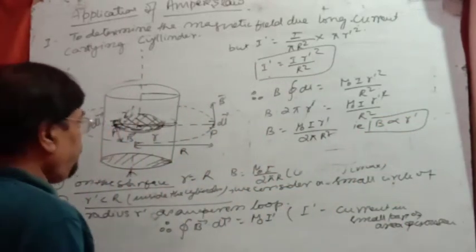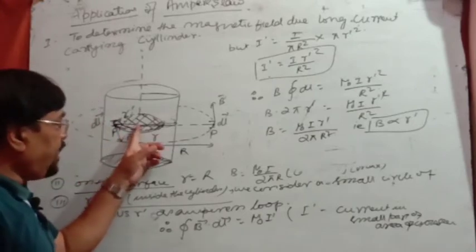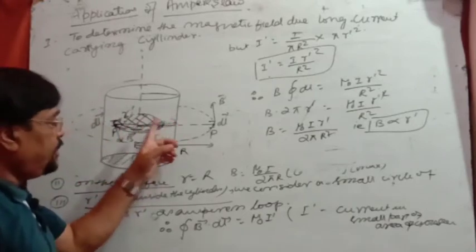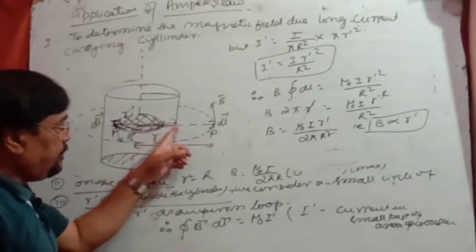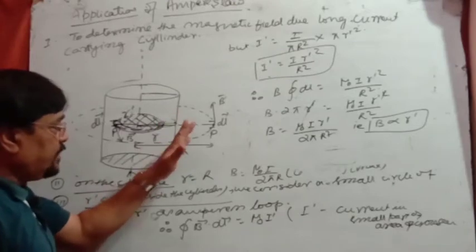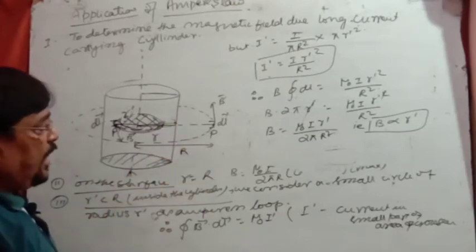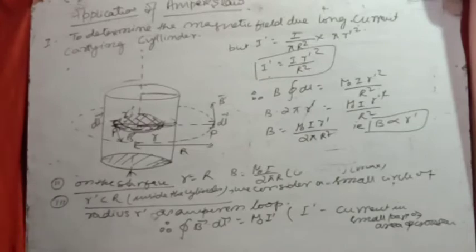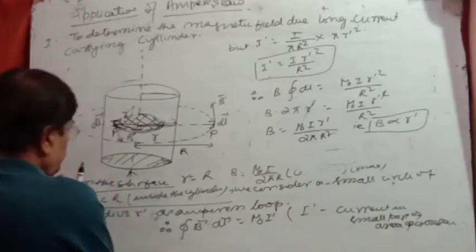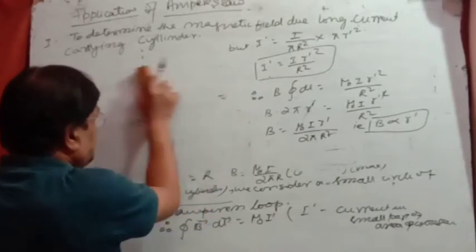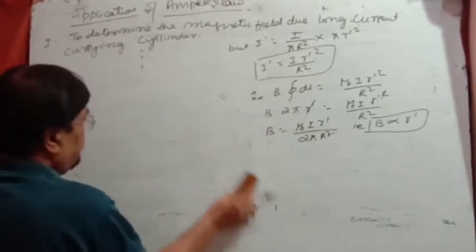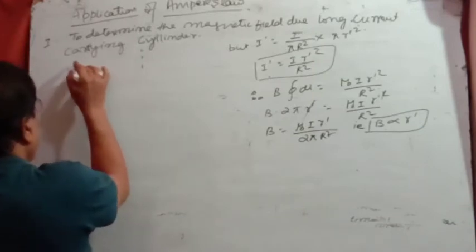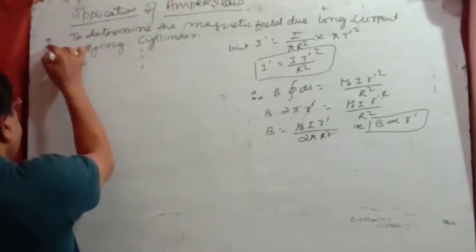Okay, so as we move from the center outward, the magnetic field increases and it will be maximum at the surface, and after that it again reduces as B is inversely proportional to r. So the maximum is always found at the surface of the cylinder. If we draw the graph for this, now